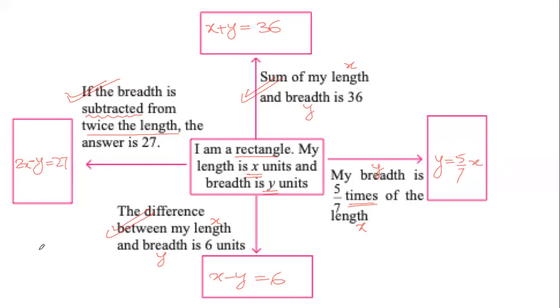So all we have done here is find out what the quantity is. They are the variables. Find out what the verb is. Sometimes it is sum, sometimes it is times, sometimes it is subtracted, added, difference, and we know whether we are adding, subtracting, multiplying, dividing, and what. This is how we do it. And this question, my dear students, is from the class 9 activity, from your class 9 textbook.